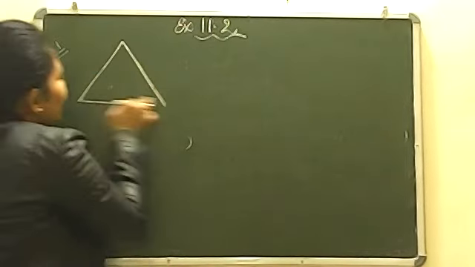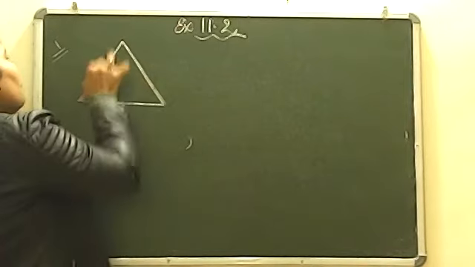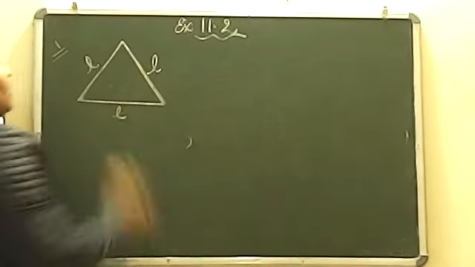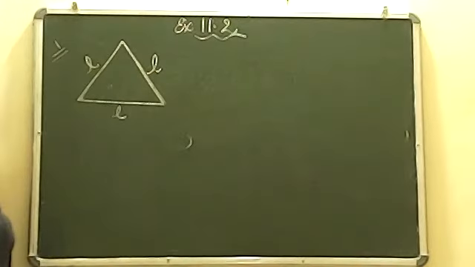have already studied in your junior classes, what is the formula of perimeter? May I know what is the formula of perimeter? Do you know about the formula of perimeter, everyone? What do you know by perimeter? Okay, let me tell you. Perimeter means the length of boundary. Perimeter means the measurement of the boundary, beta.